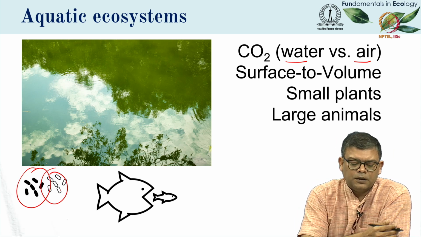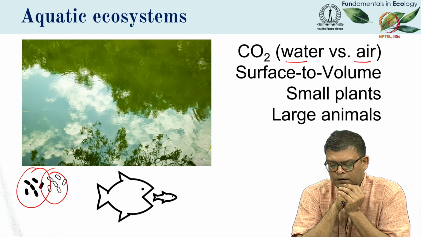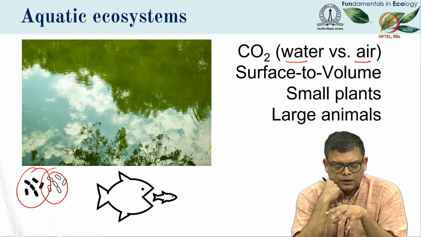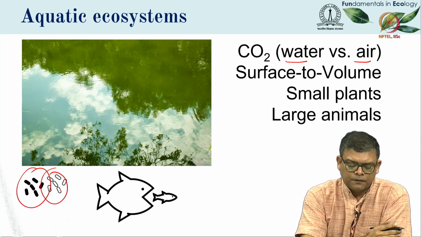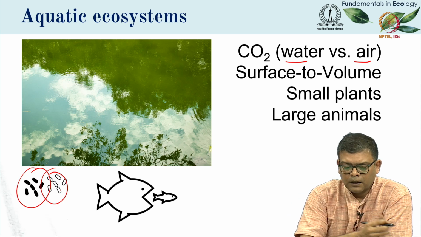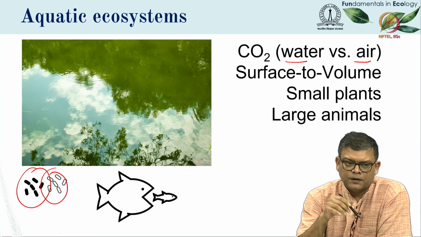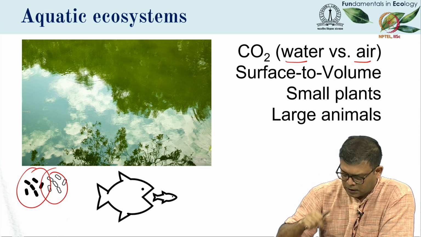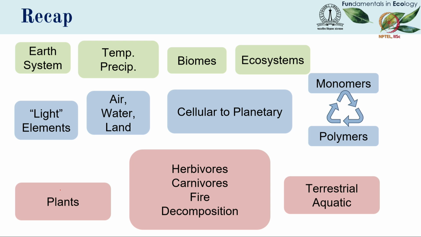So aquatic ecosystems look like inverted versions of terrestrial ecosystems. Here the plants are very small and the animals are relatively large. The standing biomass of the producers is small, the standing biomass of the consumers is high. So in any standard textbook, you'll find more discussion on food pyramids in terrestrial settings and how it gets inverted in aquatic settings. Okay, so we've more or less reached the end of part 1.